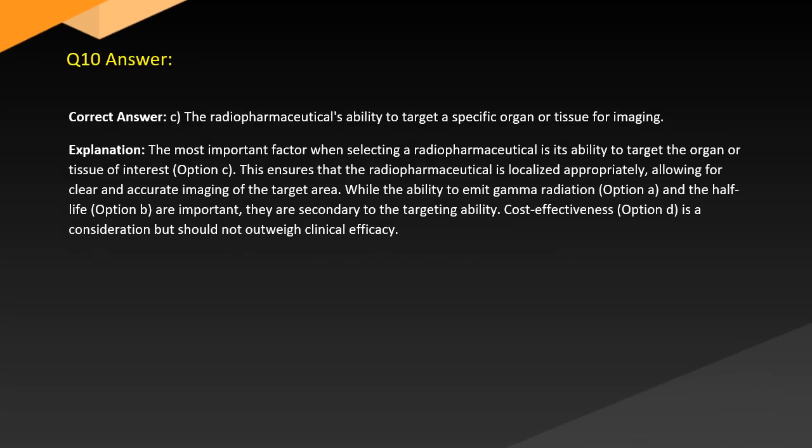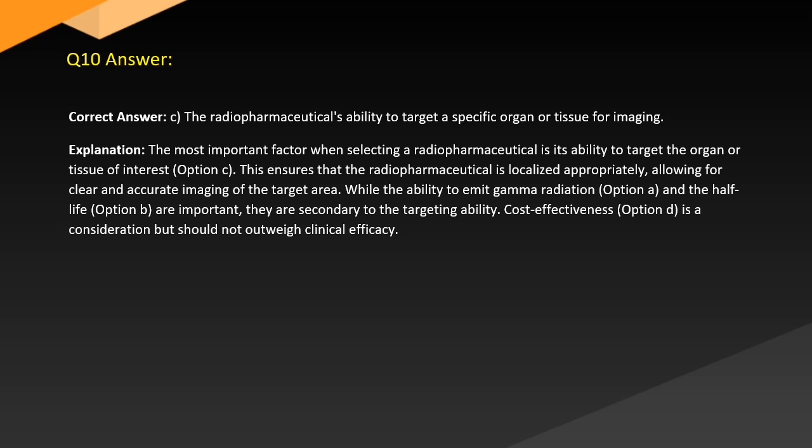Answer. Correct answer: C. The radiopharmaceutical's ability to target a specific organ or tissue for imaging. Explanation. The most important factor when selecting a radiopharmaceutical is its ability to target the organ or tissue of interest. Option C ensures that the radiopharmaceutical is localized appropriately, allowing for clear and accurate imaging of the target area,